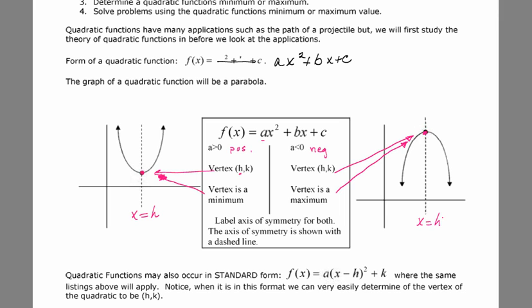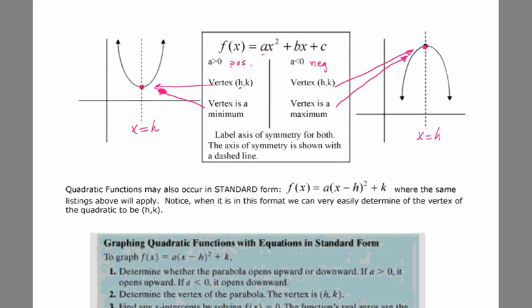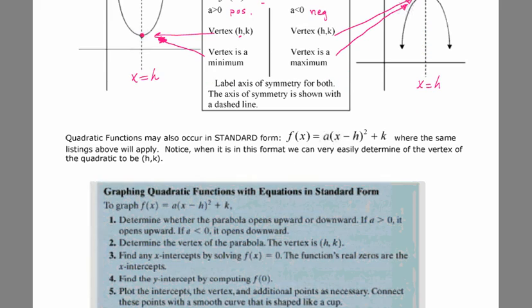So our quadratic can come in two formats. The one we mentioned here, or the one we're more familiar with from the previous sections when we did some translations and transformations of functions, is this f of x equals a times x minus h squared plus k. This is the standard form, but all the listings above are still going to apply. If a is less than 0, it opens down. If a is greater than 0, it opens up. Now this one, we can automatically grab the vertex as h comma k. There is h, there is k, your vertex just drops out as h and k. But we've got to remember to do the opposite sign